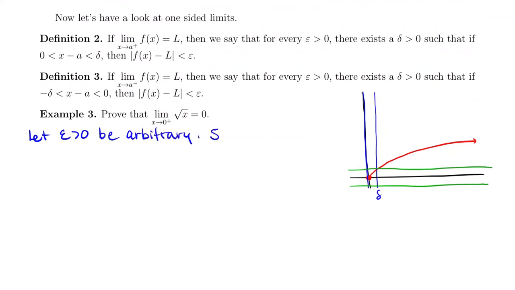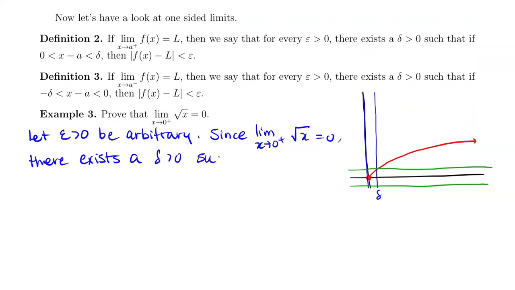And since the limit as x approaches 0 from the right of the square root of x is approaching 0, then we say that there exists a delta greater than 0 such that if x minus 0, which is equal to just x, is less than delta, then the conclusion is that,